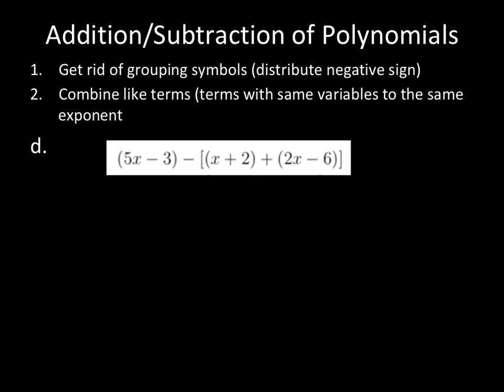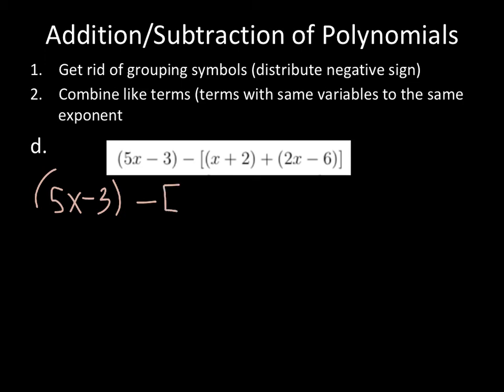Last example, we have 5x minus 3 minus the sum of these two binomials. So when I see brackets, that's just a big parentheses. So basically I'm going to do whatever's inside the parentheses first, and then inside that bracket first, and then subtract that from there. So I'm just going to work. So 5x minus 3 minus,